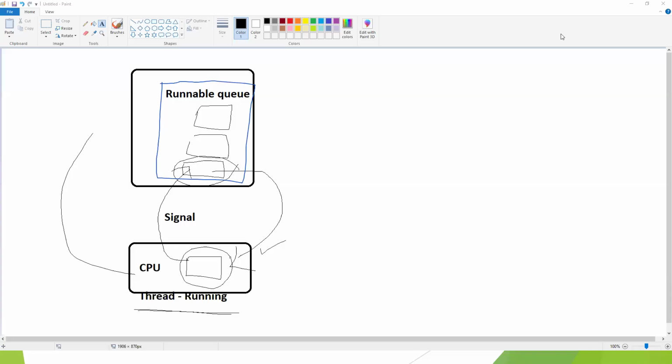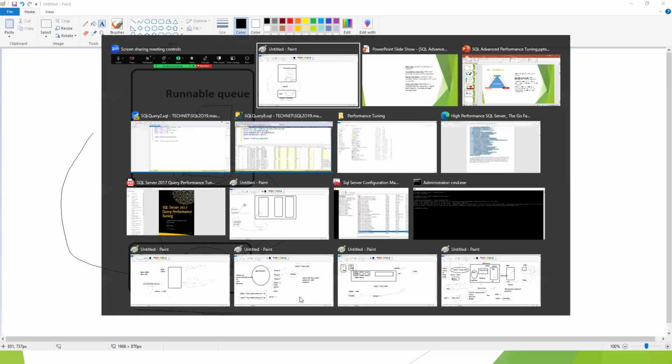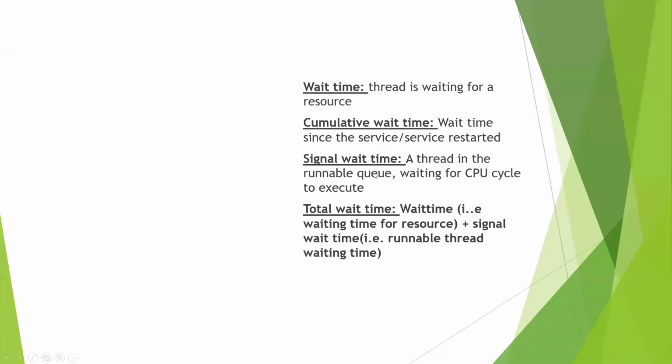Right. So this is what we call the signal wait time. So how long this thread is waiting for this particular query, for the particular thread to give a signal, right? So that is the signal wait time. Okay. So total wait time is again